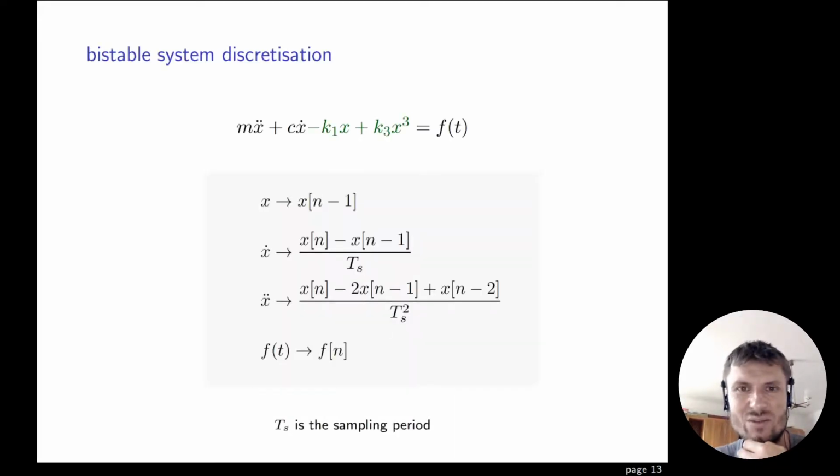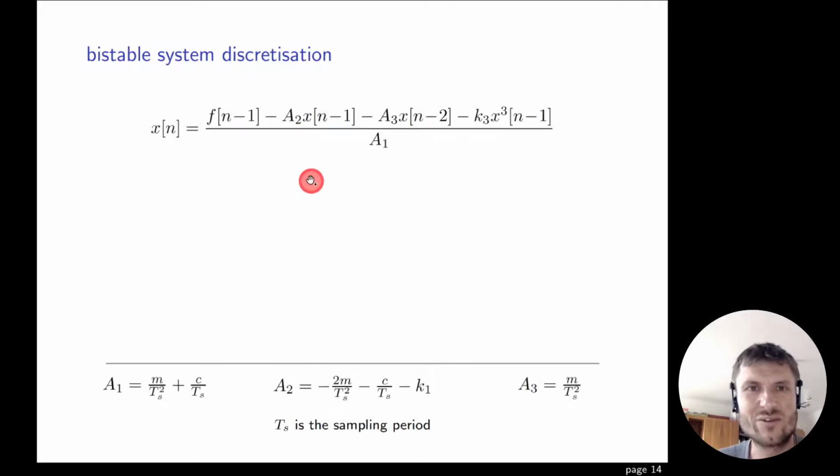So now we know how it works, what it is, and we would like to implement it as a digital effect. So our students used the simple difference schemes to make this analog equation a digital one. Basically they just used displacement, velocity and acceleration and put these equations into the first one to get